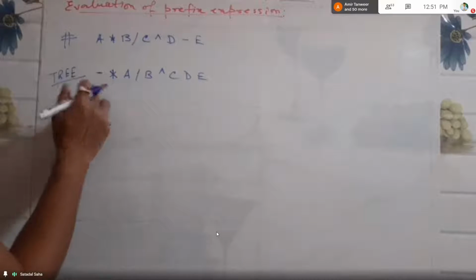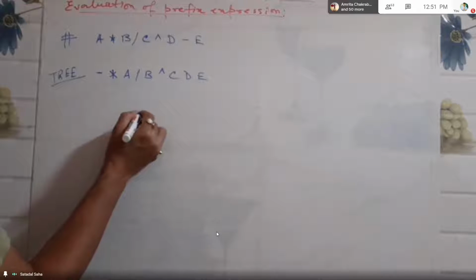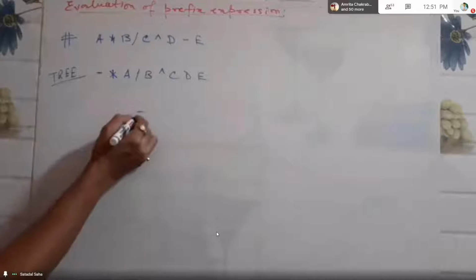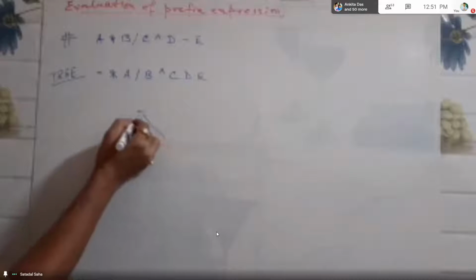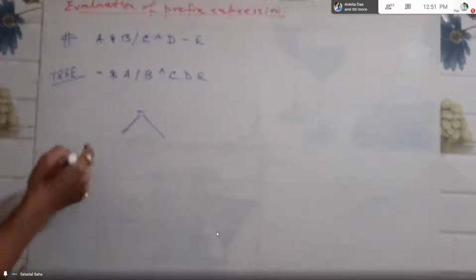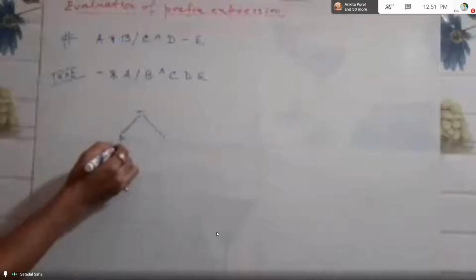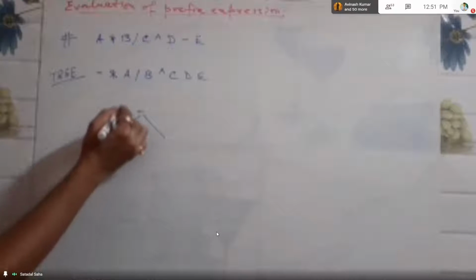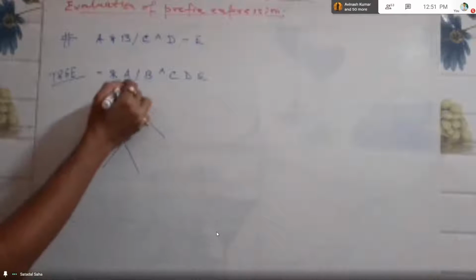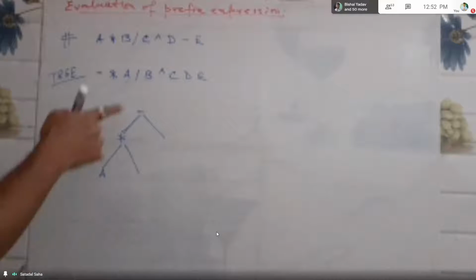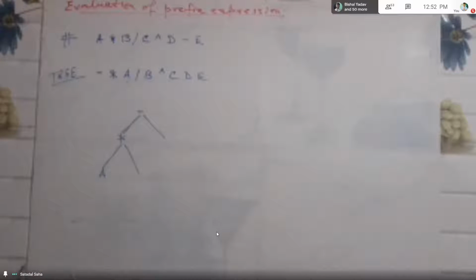So first from left you can have like this. This is the first operator, minus sign, and it will have two wings, left and right. The next will be the left, that is your asterisk, multiplication. Next will be again its left, that is A. It will be again both. Next is A, so it will be left, and then it will be having this slash sign.